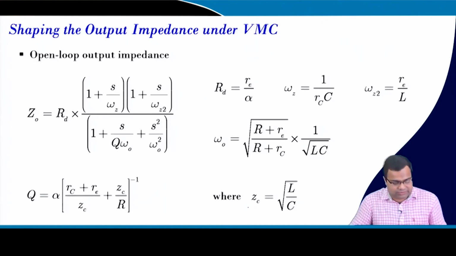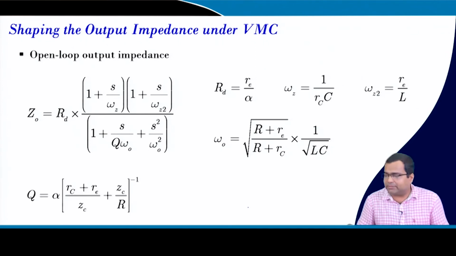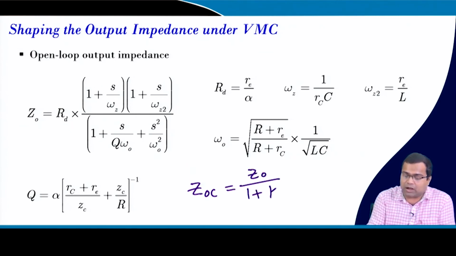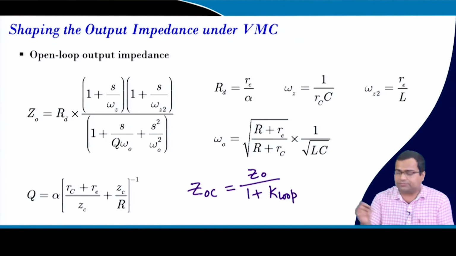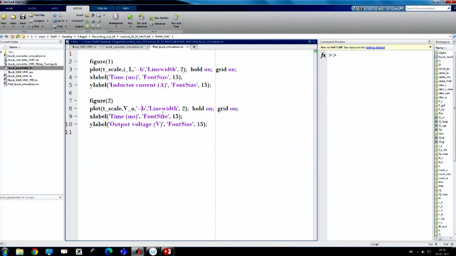So, now we want to see what is the closed loop output impedance. That means the closed loop output impedance is nothing but the open loop output impedance divided by 1 plus loop transfer function. So far we have used different types of technique. So, suppose if we consider